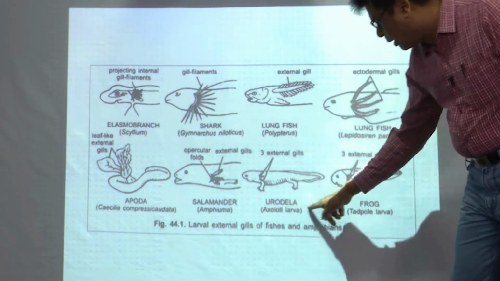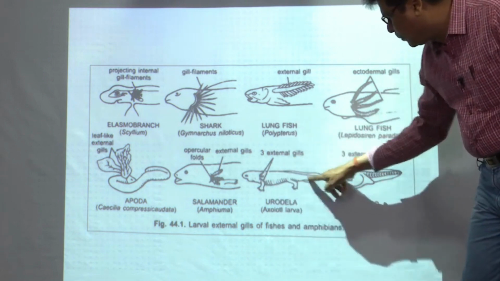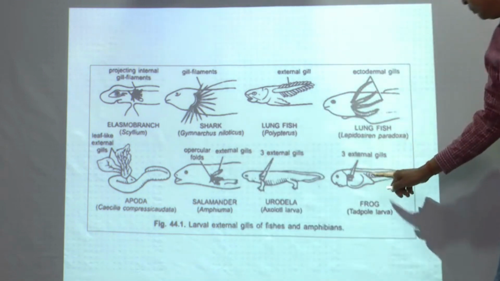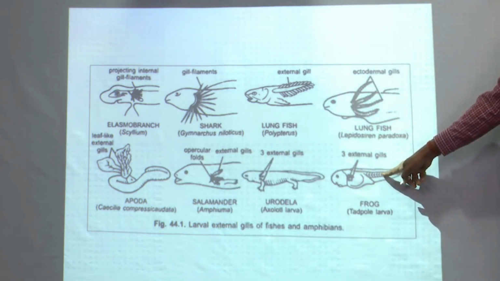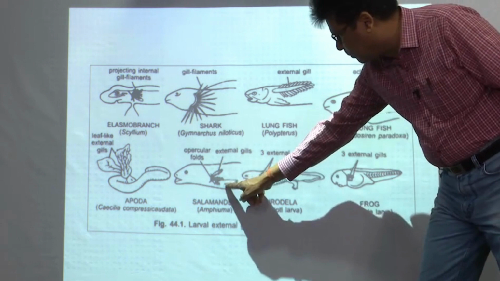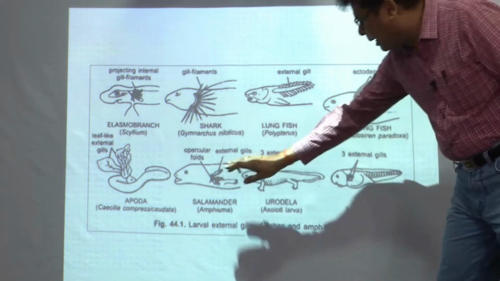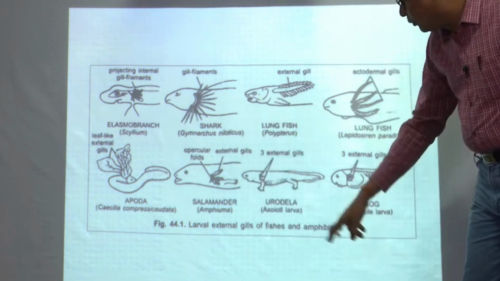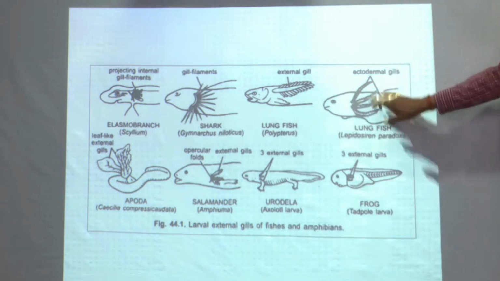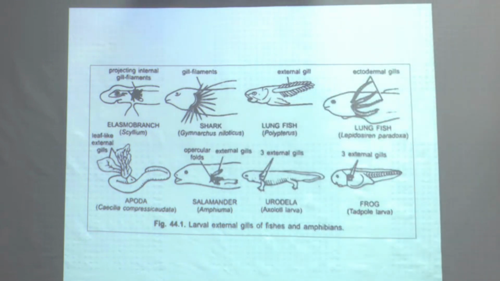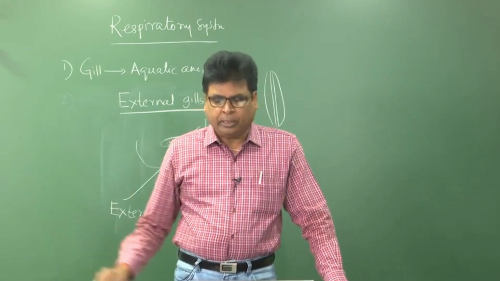In case of the axolotl larva, this is a tailed amphibian. This is also a tailed amphibian, but this is one anuran, which is not a tailed amphibian. This is the larva, the axolotl larva of the salamander, and here is the salamander itself, the adult. So the salamander adult, the tailed amphibian, possesses the external gill, along with its larva. Actually these gills come directly in contact with the water, so that the gaseous exchange occurs between the gills and the aquatic medium.